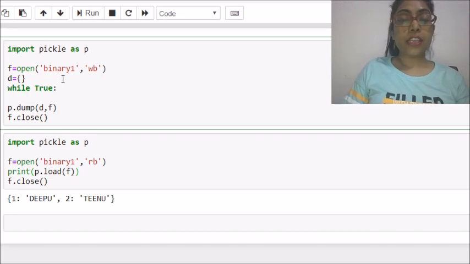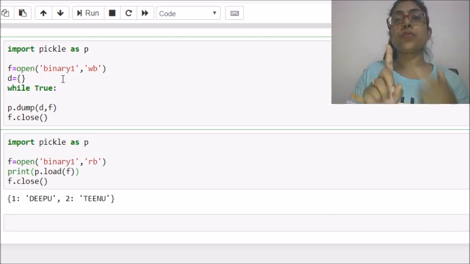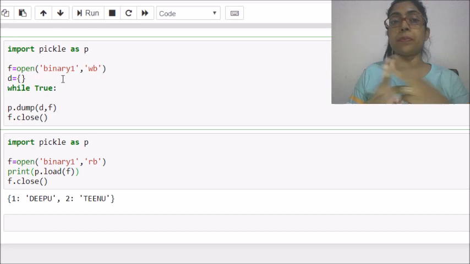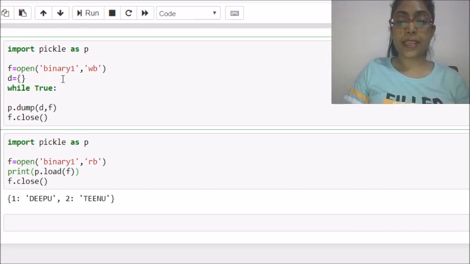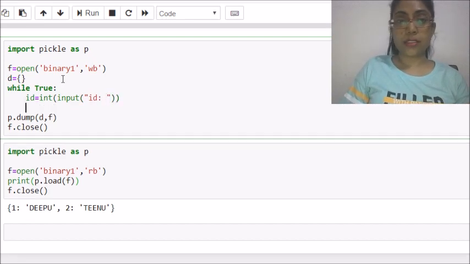So I'll take input. I need two inputs. First one is for ID, second one is for name. So let's take the ID variable. It is an integer, so I'm taking input like this. Then name.